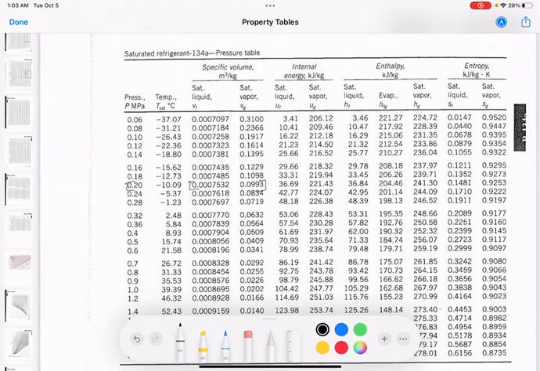So like we did in that other problem, we're going to take our specific volume minus VF, so 0.123 minus 0.0007532, and divide it by the complete span VG minus VF, so 0.0993 minus 0.0007532. And we get 1.24,